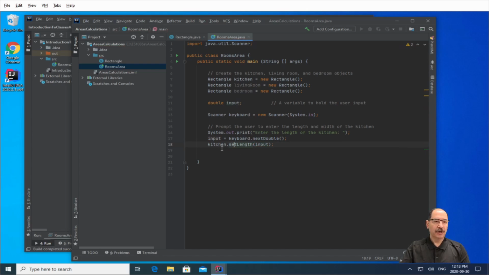So this line here uses the set method for that object kitchen and sends the value we assign to the variable input. We need to do the same thing for the width. So we're going to again copy this, repeat it here, and we need to display "enter the width of the kitchen," and then I'm going to use the same variable again and assign the new entered double value,